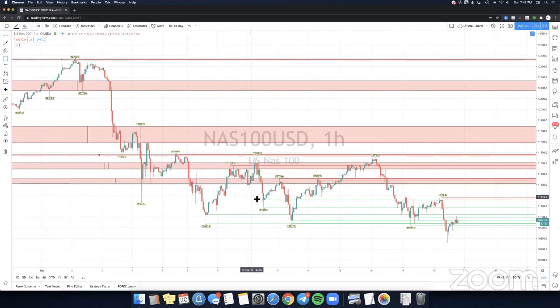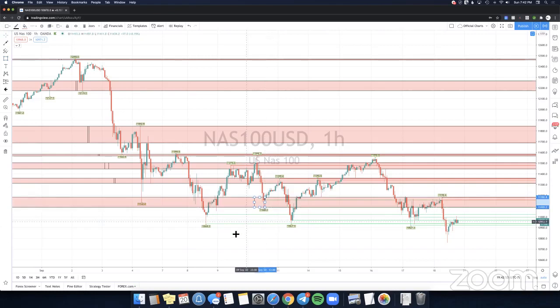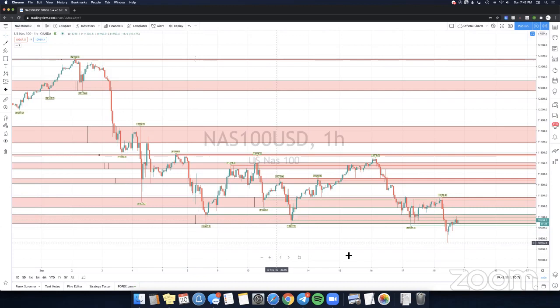All right, let's get this upper zone right here. I'm just going to connect these two. And then I'm just going to make this one big zone down here. So we don't have a lower